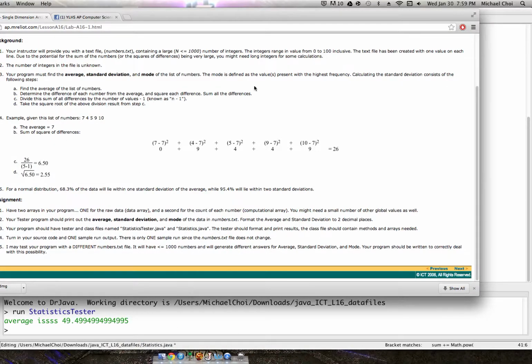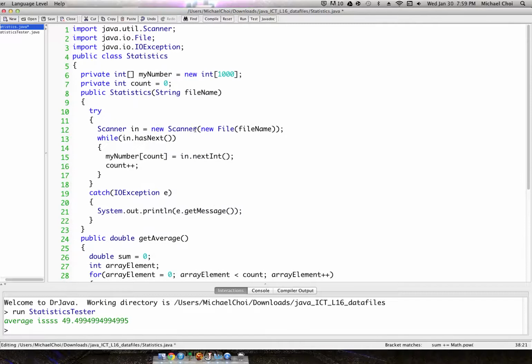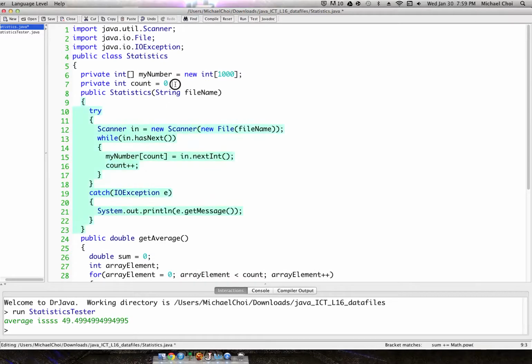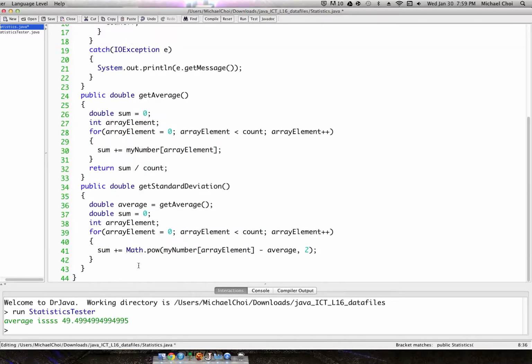Ooh, actually, I kind of forgot how to do this. Let's see. Sum of all. Divide the sum by the differences. The sum of all differences by the number of values minus 1. So the number of values. What was that? Okay. Remember, up on this line, we did the count to figure out how many we had, and then we set that as a global variable so we could refer to it, and we're going to refer to it again. Here we're going to say, okay, well,